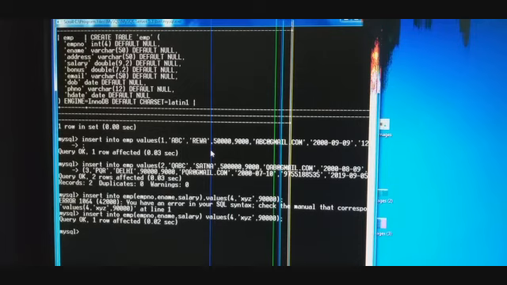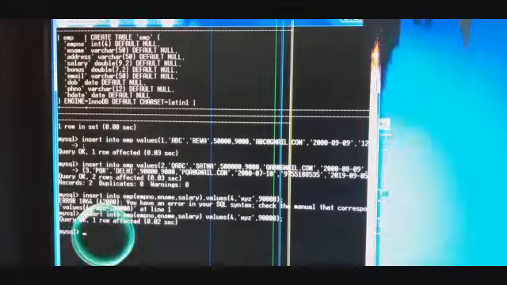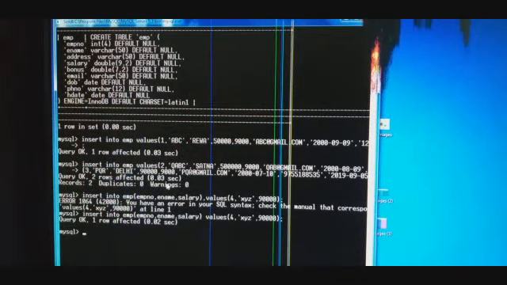So whenever we are using insert into table name values and afterwards value 1, value 2, value 3, and so on, in this syntax we have to provide a value to each and every field of the table. And whenever we want to leave any particular field, then we have to provide a null value.